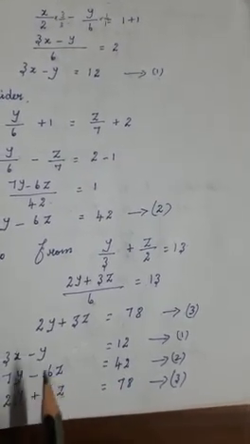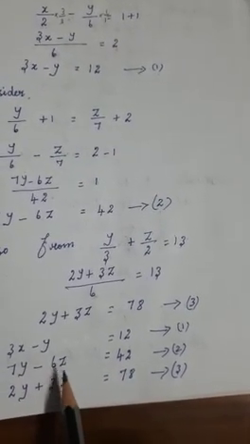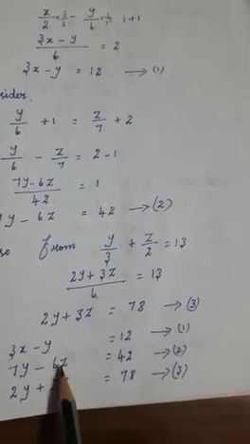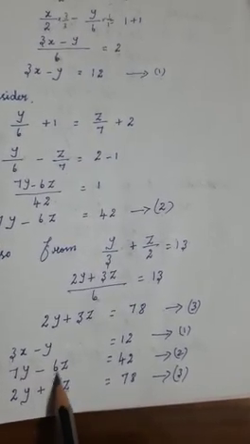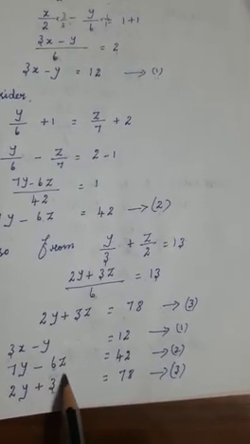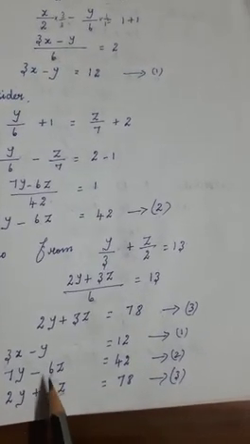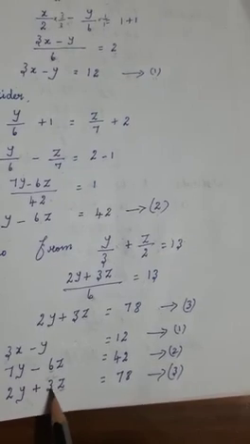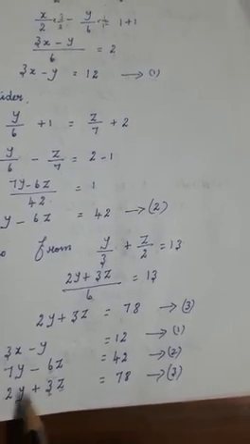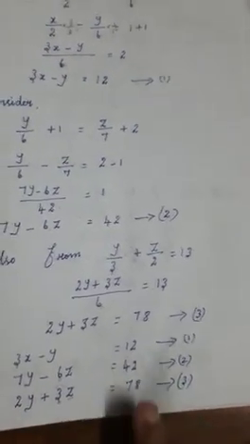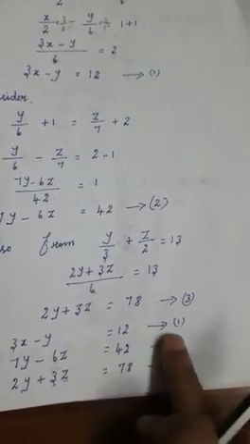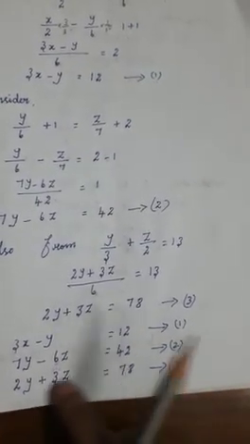Here we are going to eliminate the z variable only. To eliminate this z variable, the coefficient of the z variable in both equations must be the same. Here you have 6, and you want to make the other 6 too, which means you have to multiply the third equation by 2. So write the second equation as it is, and multiply the third equation by 2.